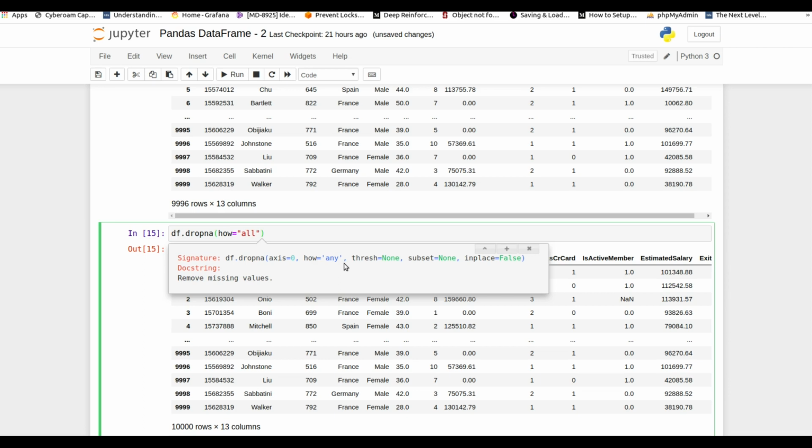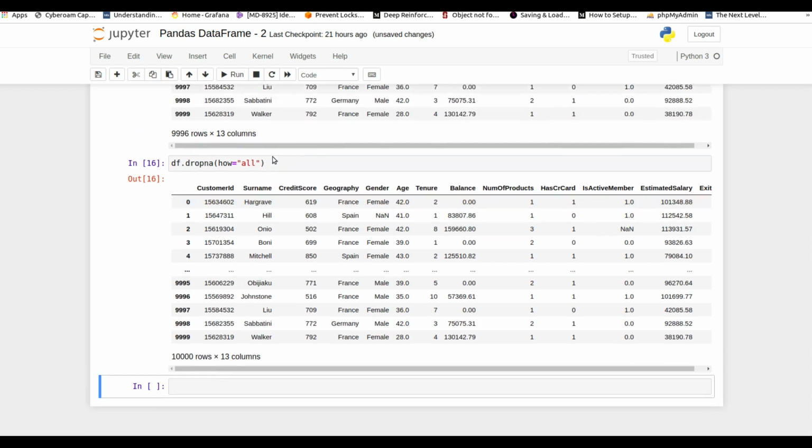The how equals all option works when the whole row is null. Suppose you want to drop only those rows where the whole row is null. In that case, you need how equals all.